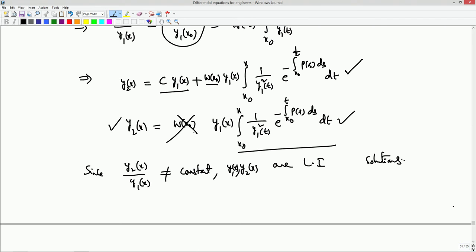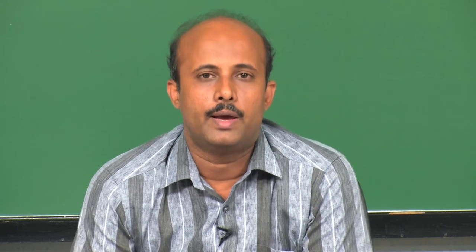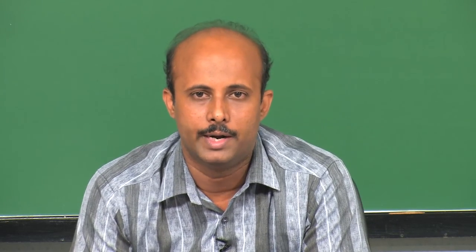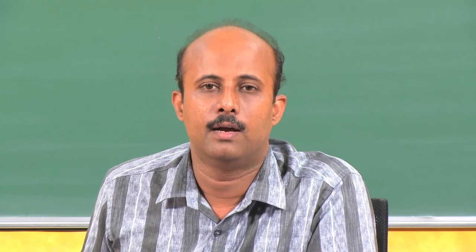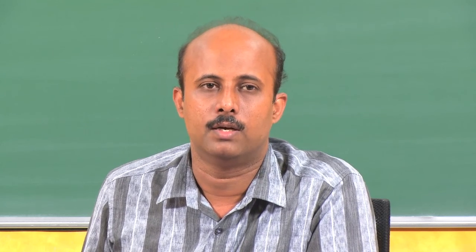If it is non-zero, the Wronskian is non-zero everywhere. This implies you can conclude that the solutions y1 and y2 are linearly independent. So, we have seen what Abel's formula is by considering a linear second order homogeneous ordinary differential equation, for which, if you know one solution y1(x), you can find the other linearly independent solution through this